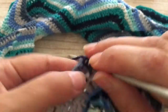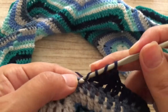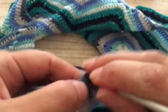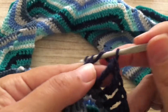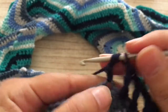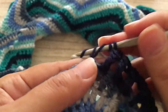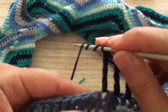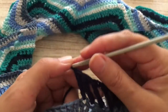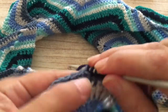1, 2, 3, 4 and 5. And those are 5. Now we start again with 2 double treble. You turn the thread 2 times, 1 and 2,